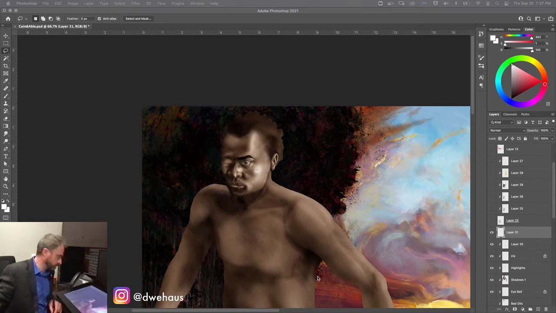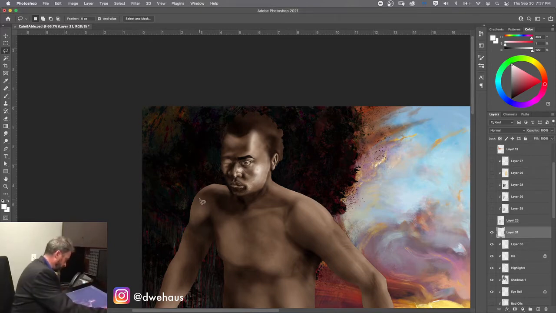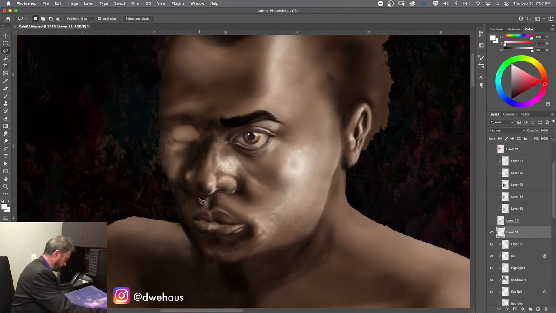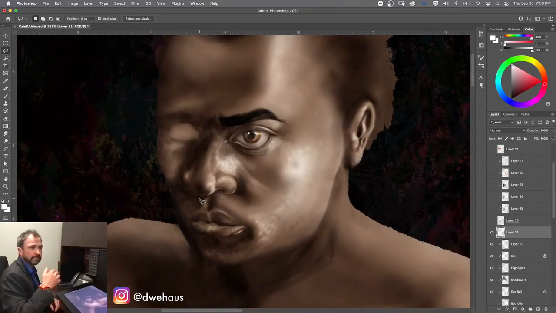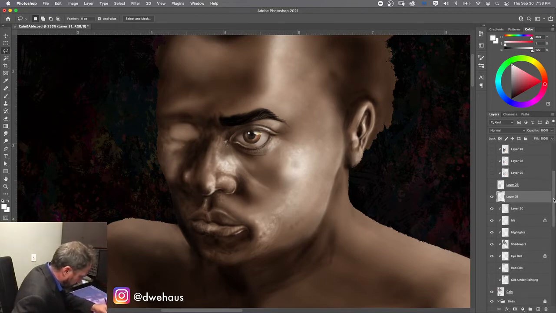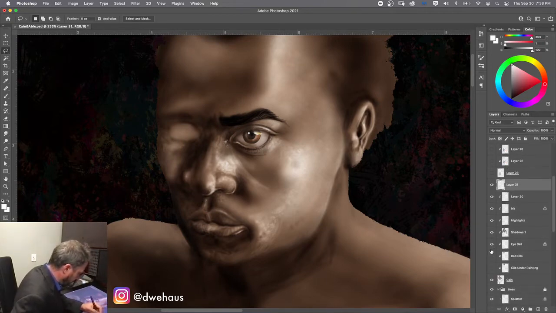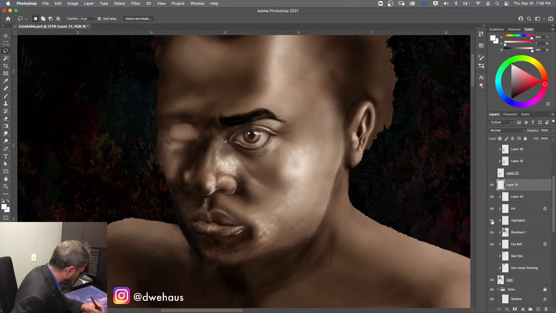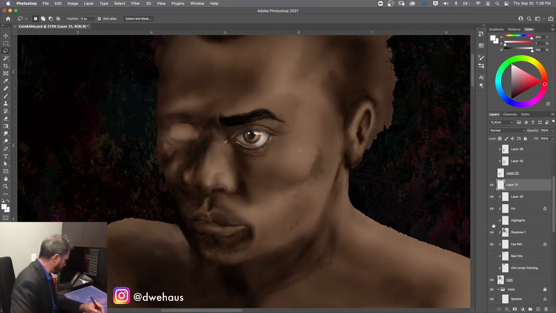I've got too many screens here. On one hand, I don't want to get too myopic and buried in what I'm doing, but on the other hand, I do want to really focus on this expression. So we've got a couple different layers here. My primary shadow layer, primary highlight layer,